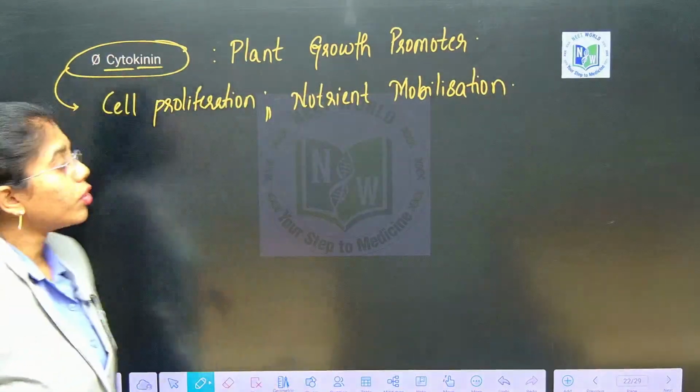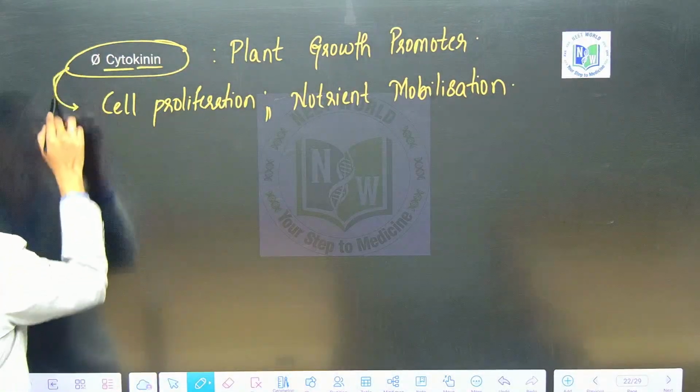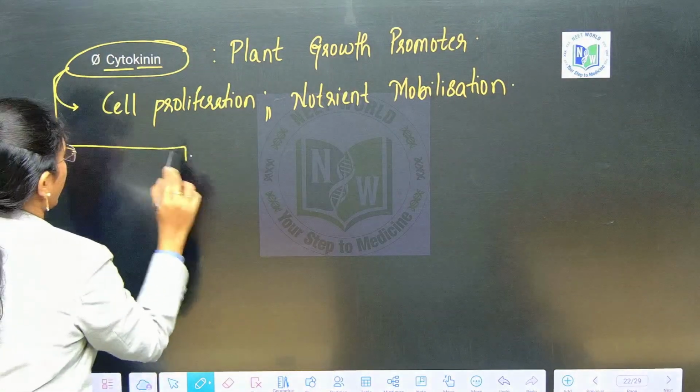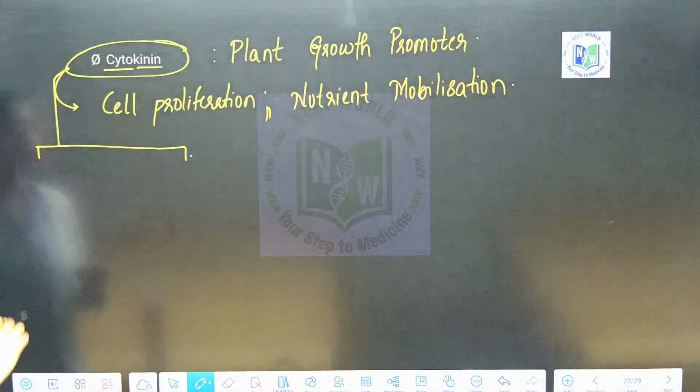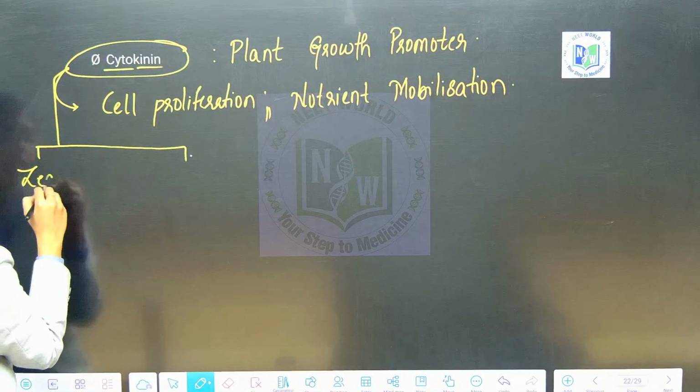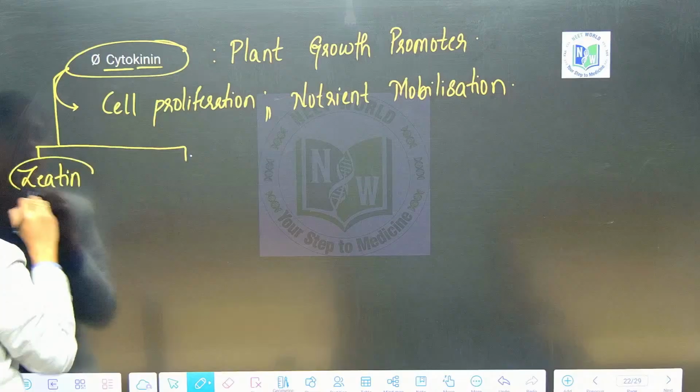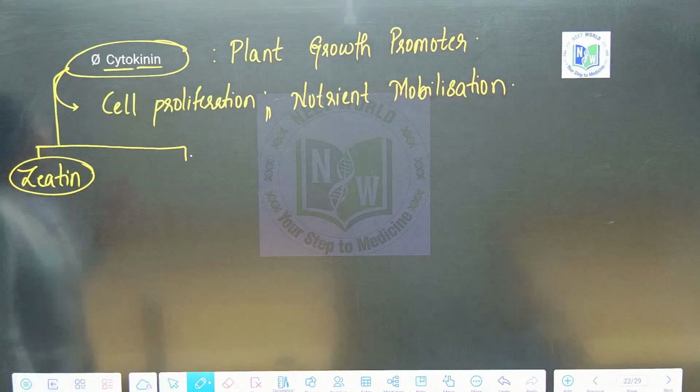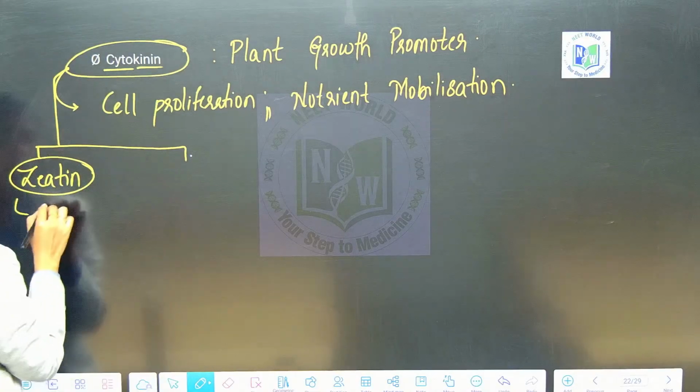And here you have to know both the natural and artificial cytokinins. Natural form of cytokinin is known as zeatin, and the constituents can also be extracted from coconut milk,